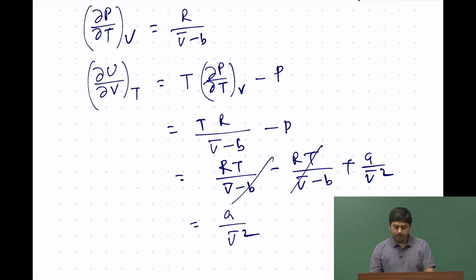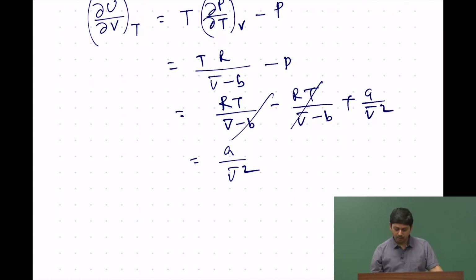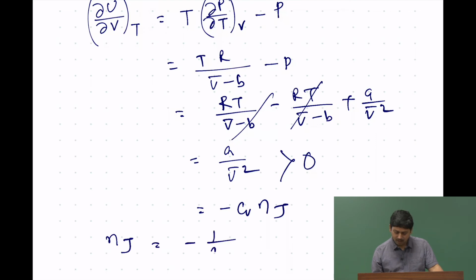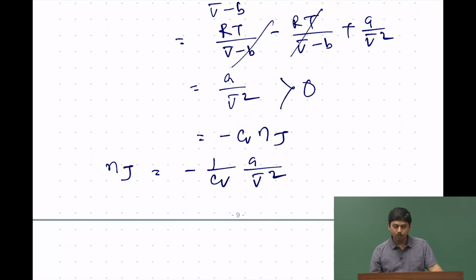As you can see, V square of course is a positive quantity and A is also a positive quantity. Therefore, this is greater than 0. Since this is greater than 0, and this is equal to minus C V N j, therefore N j is minus 1 by C V times A by V square, and C V is a positive quantity, V square is a positive quantity, A is a positive quantity. So, N j is less than 0, and therefore the Joule's coefficient